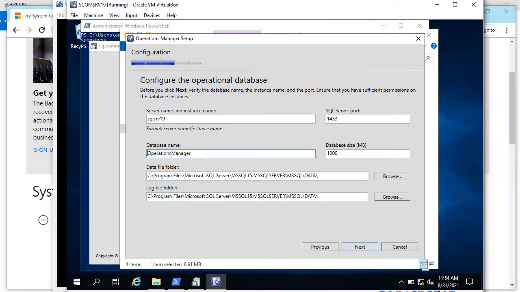And here we go. So this is the database name that is going to be created in this SQL server. I haven't given any instance name because I have used a default one. If you are using a named instance, then you need to specify the instance name as well. Let's click on next,